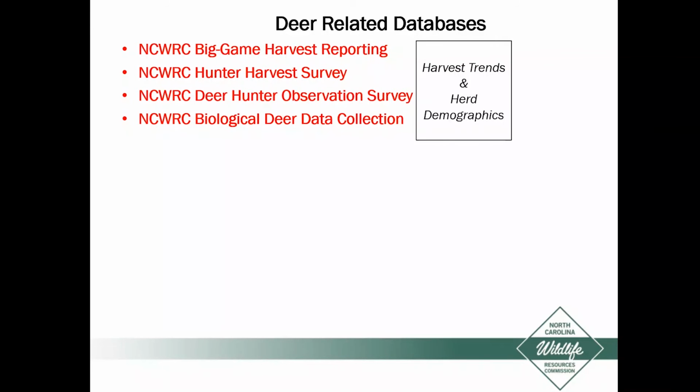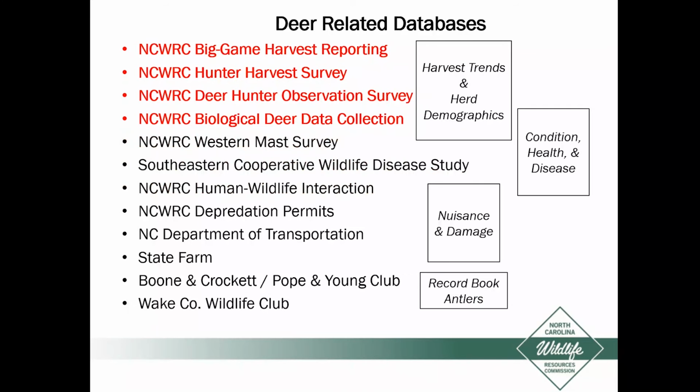We don't use those in our biological evaluation metrics, but those 2 other databases support and fill in gaps that the big game harvest reporting and the biological deer data collection don't give us. So that's the 4 primary databases that we hang our hats on to monitor harvest and herd demographics in North Carolina. We're going to look at those 4, but before we jump into that,